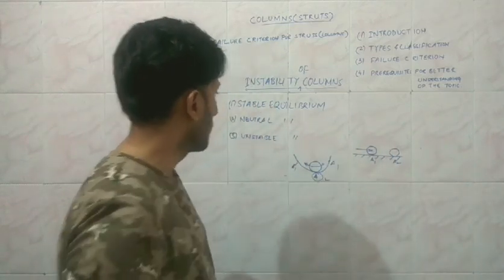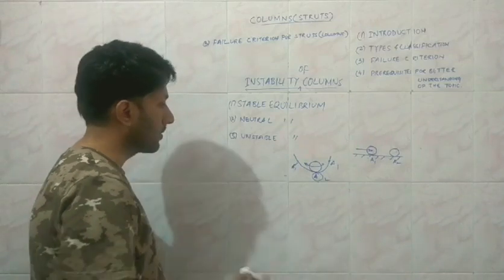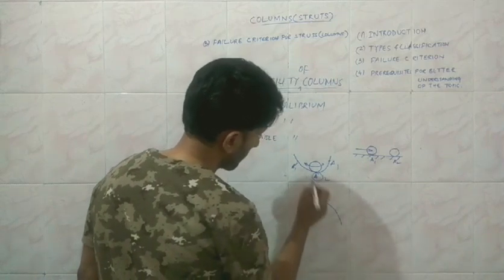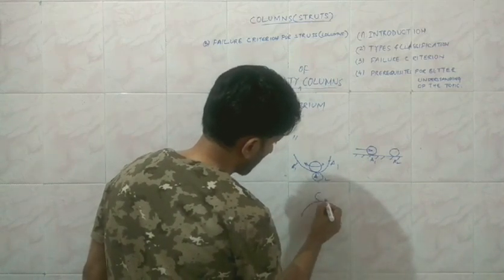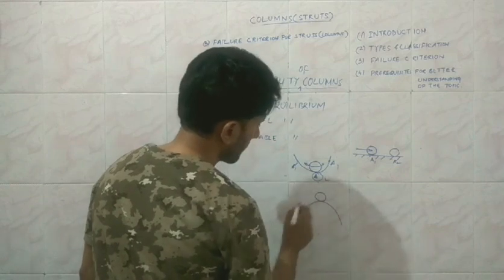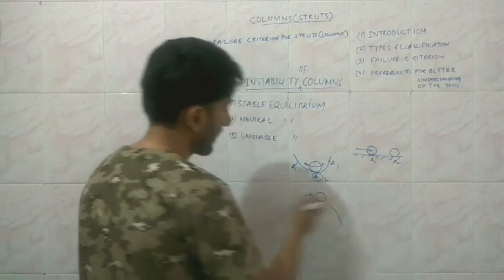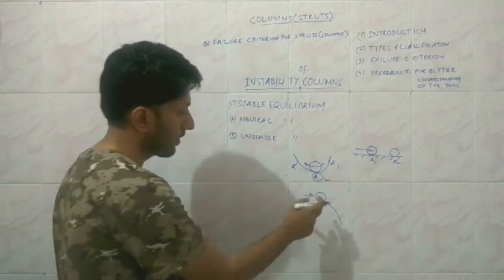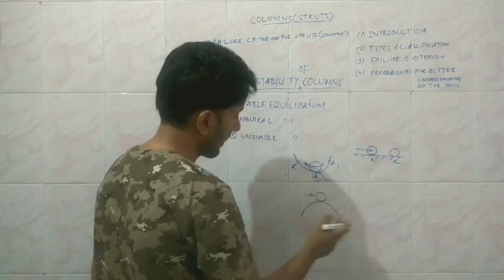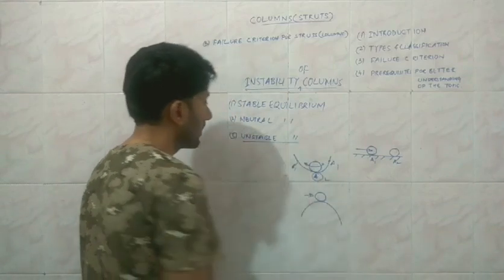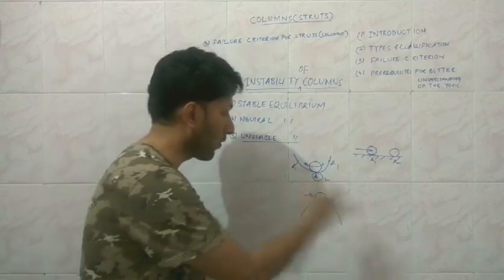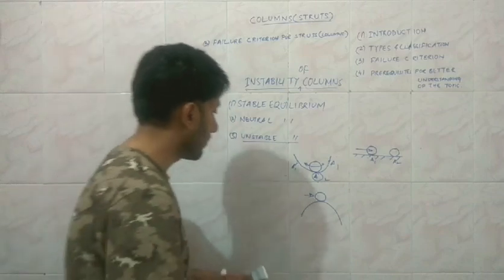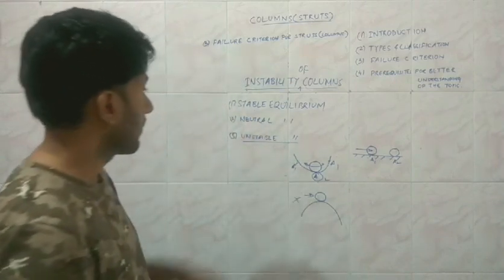Such a situation is known as neutral equilibrium, and unstable equilibrium is when the confining surface is inverted in comparison to the first example and the sphere is resting on this point. Any disturbance in any direction is going to push the sphere in a direction that it is going to be in an unstable equilibrium. That is, the sphere is going to fall and it is never going to attain the equilibrium state later on. Such a situation is avoided in the loading of the column.